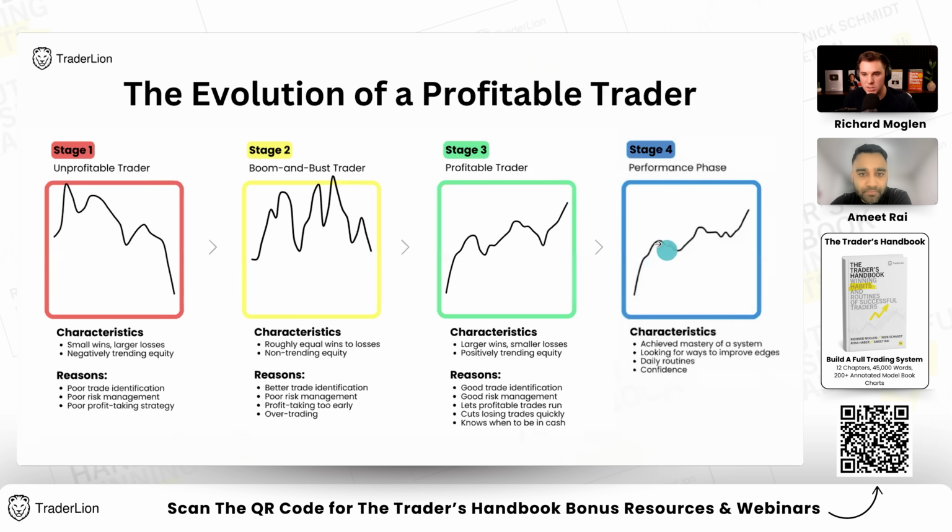And then the performance phase, and this is a phase which even the best traders are in. They're always looking to improve and get better and gain new edges. And even them might have periods where they're not trading well and they transition back to a boom and buster for a little bit of time. But their overall equity curve will be a clean trend, higher highs, higher lows from left to right. And they give a lot less back on average during the corrections than the profitable traders